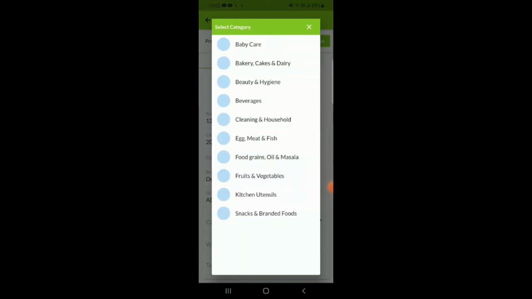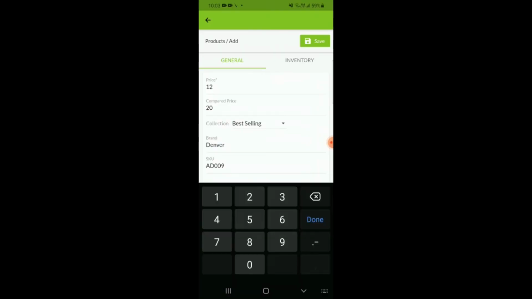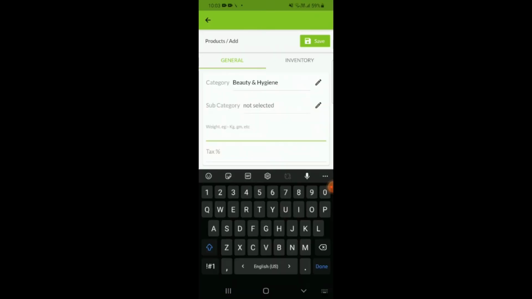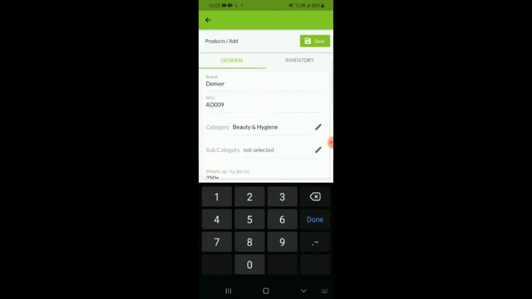Category I will select here, where I can give something like 250 gram, and tax is 18%, and then I can save the product.